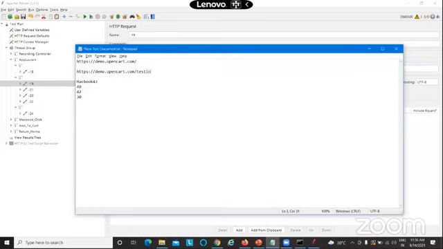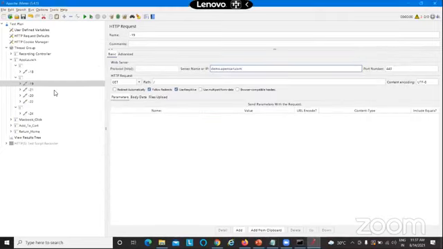And testing, etc. Normally the request URLs will be coming like this. So this is having different splits. This is the protocol which we are using, HTTP. This is the domain server that you are hitting, demo open cart. This is the path that you are hitting, and this is the port number. So this is how we can split a URL.